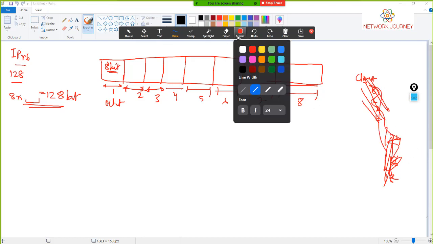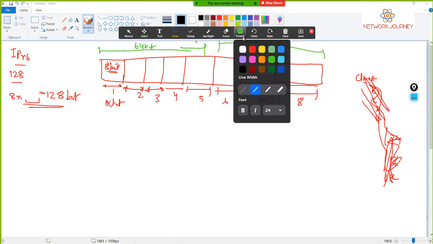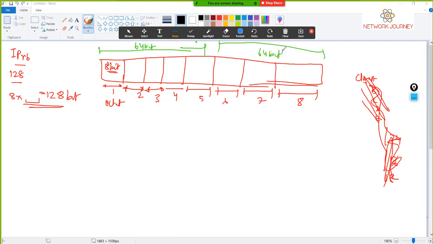In the case of IPv6, we are straight away going to divide into two equal components. That's going to be 64-bit on this side and 64-bit on this side. That's how we are going to represent IPv6. Only 2 parts. Now let's say I write a dummy IPv6 value here, so let's say 2001